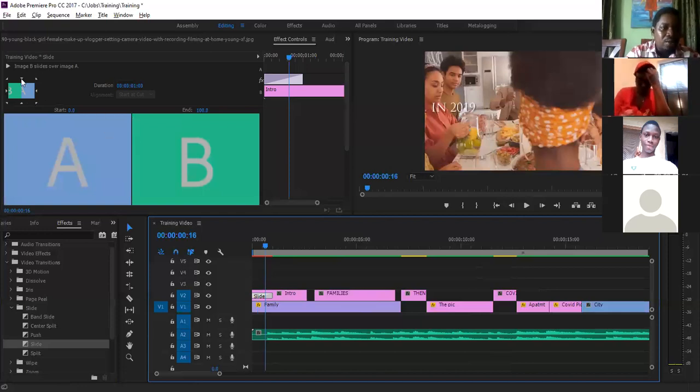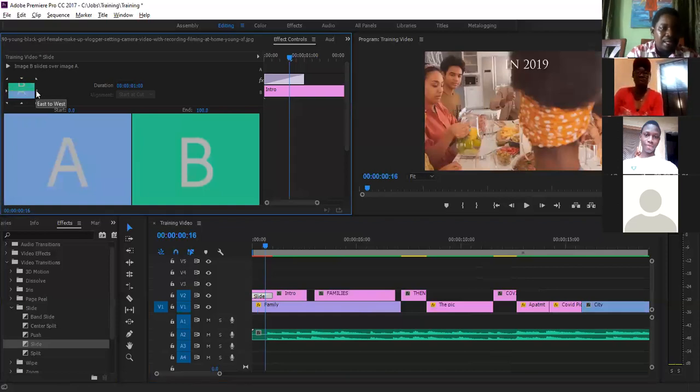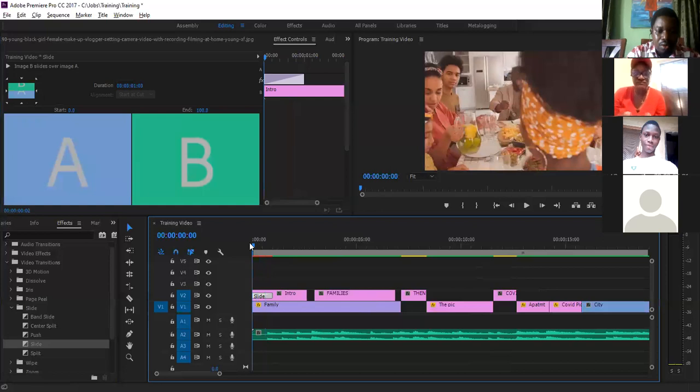Then you can click, okay, you want it to start from the top. You can click here. You want it to start from the right. You can click here. You want it to start from below. You want it to start from the corner. You can click there. So let me say I want it to start from the top. I just click north to south. You see everything there. So all you just need to do is, once you click it, it will affect it. So if you play it,